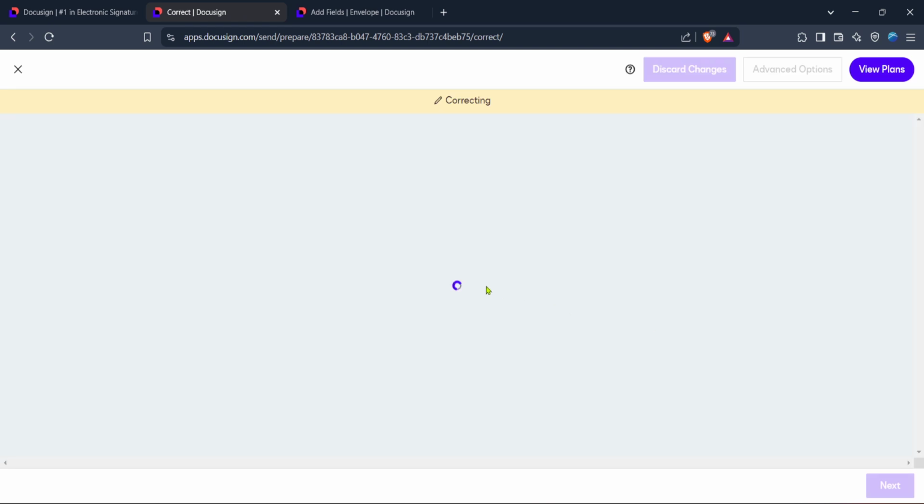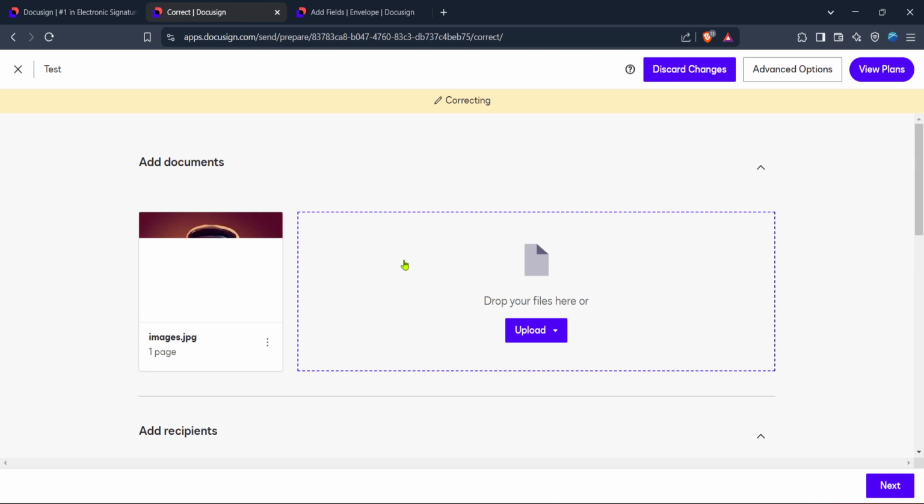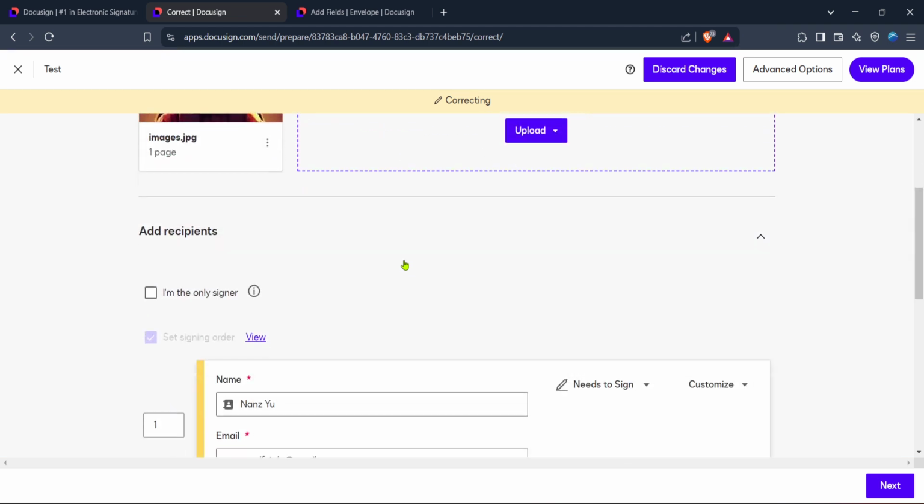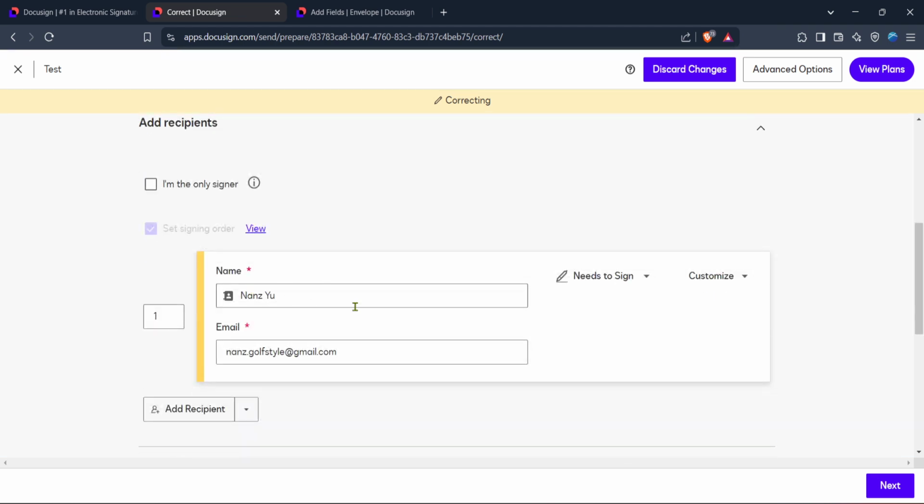This feature allows you to make changes or updates to the current details associated with that particular document or agreement. In this scenario, it's where you'll have the ability to modify email addresses. Once you're in the correct section, look for the area where recipient details are listed. Here's where you can simply update the email address of the person or people you're sending the document to.